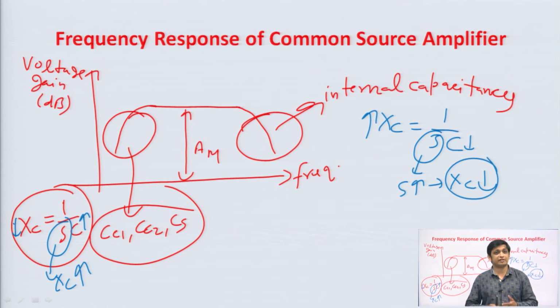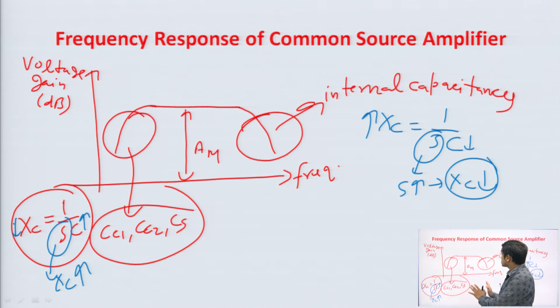Here we are considering the discrete circuit, and in a discrete circuit we connect the coupling capacitors. Of course, in IC designing we do not use these coupling capacitors, because their values are in the microfarad range, and such a high value cannot be fabricated in IC designing. But here we are considering a discrete circuit, that is why we have considered the coupling capacitors and their effect on the frequency response, and due to these coupling capacitors, the external capacitors, the gain is reduced at low frequency.